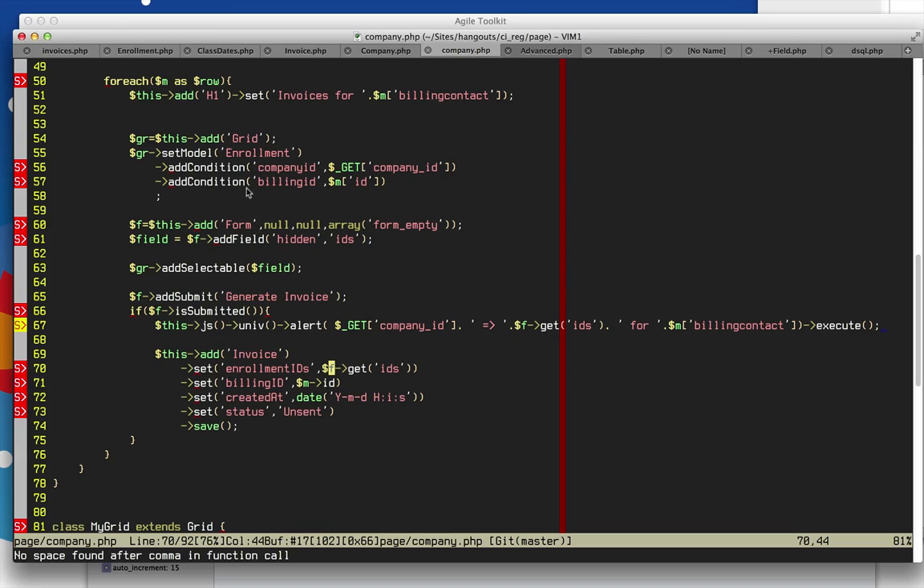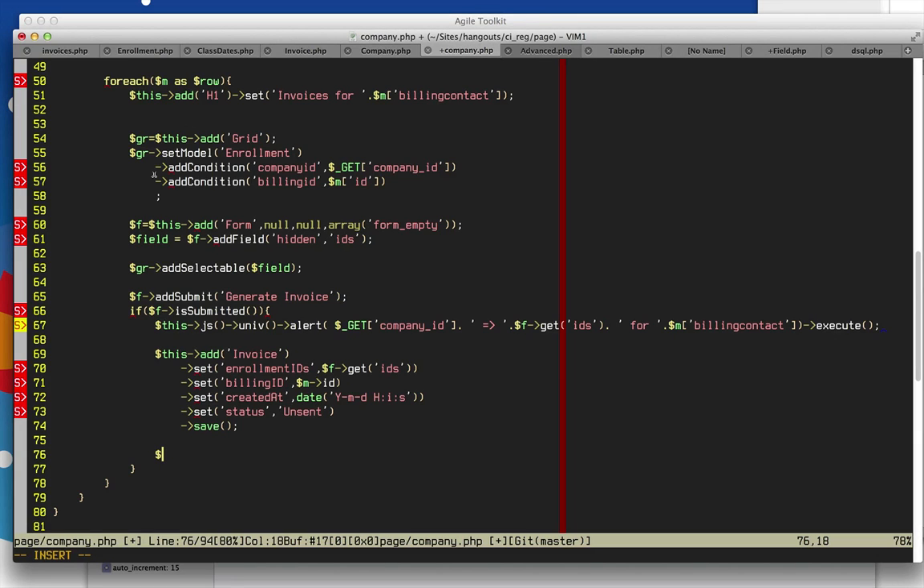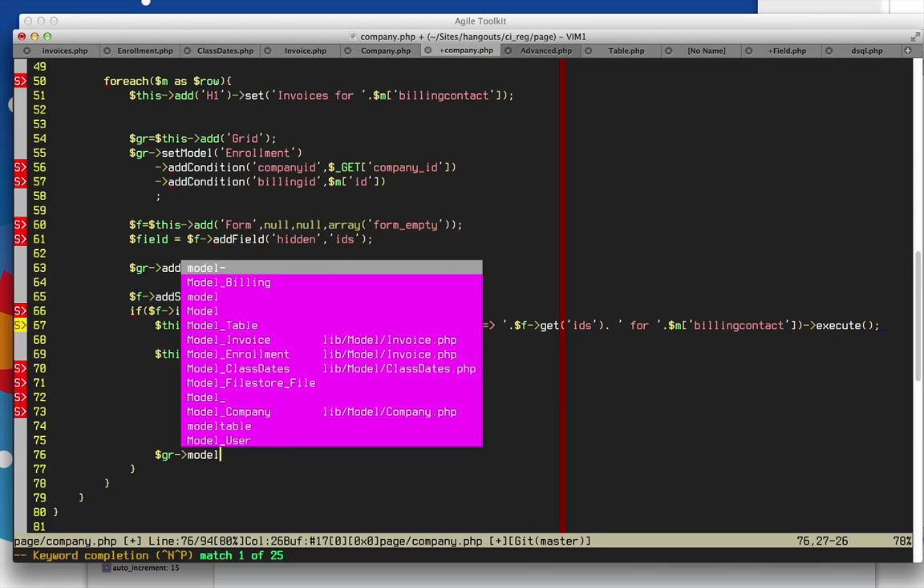And once the invoice is created, do we need to do something with the enrollments here? Yep, we also need to mark the enrollments as payment pending. I believe the field is... So how do we get the exact enrollments that have been selected, and make sure it's not hackable? I'm going to use the enrollment. Here's a model enrollment, which already has a proper condition set. So billing and the company is already set. So I'm going to write gr model,